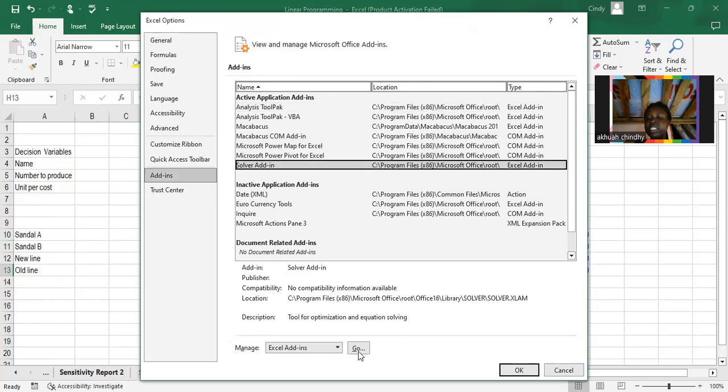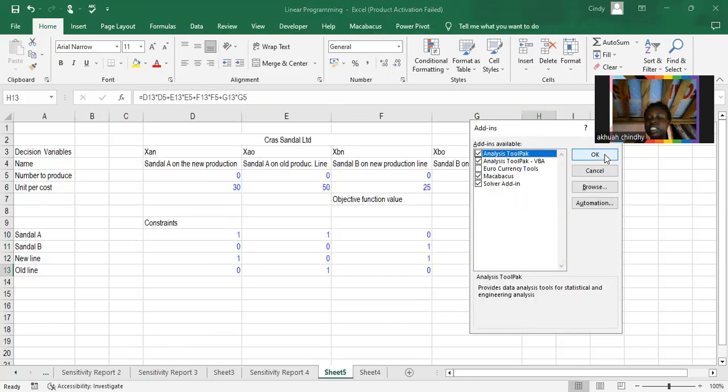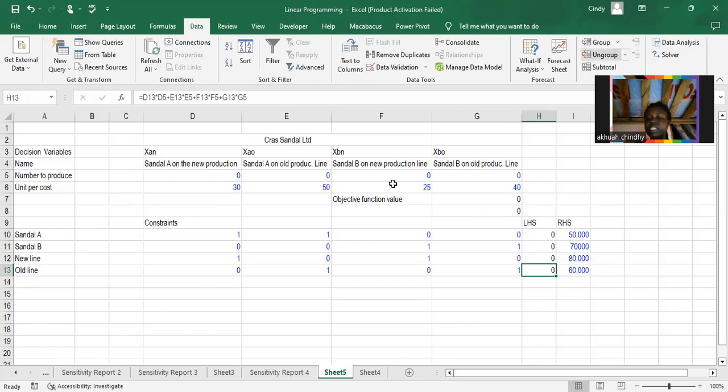And just go to go. See, I've ticked the box, so it means it's already there. So if I go to my data, I'll find what Solver here. So that's what I'm going to use to solve it. So here I have to be careful not to make mistakes. So you just click on the Solver,